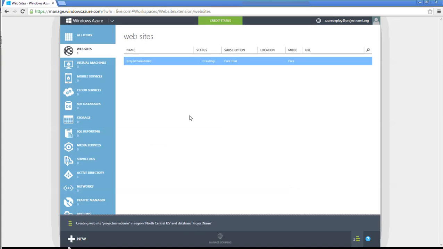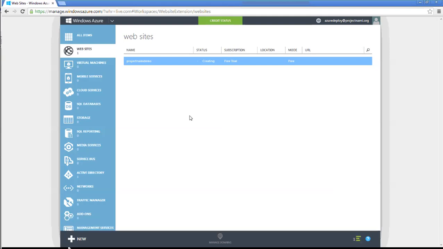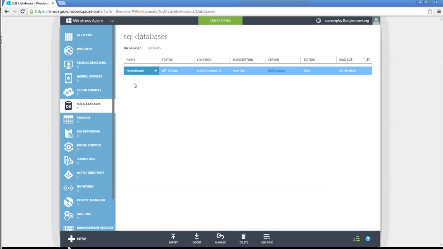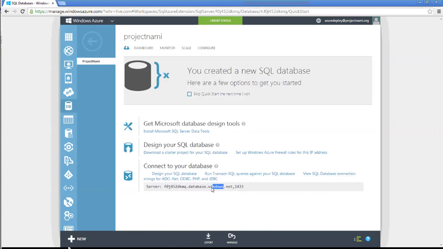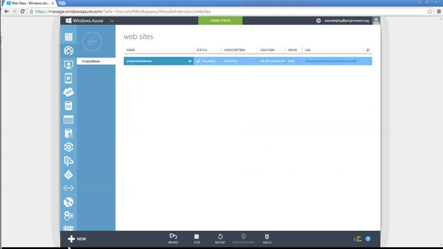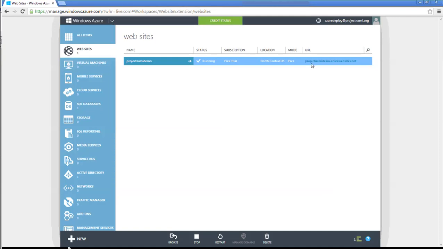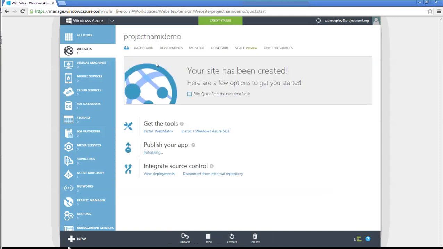And now Azure is going to begin deploying our website, creating it and then deploying the build into it, and also it's going to create a SQL database, and there our database is now ready. So let's go get some information from it, and let's get our server name. We're going to copy that to use during the installation. And now let's go check on our website deployment, and so there our website is ready,